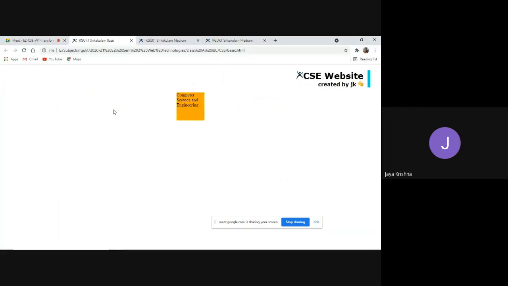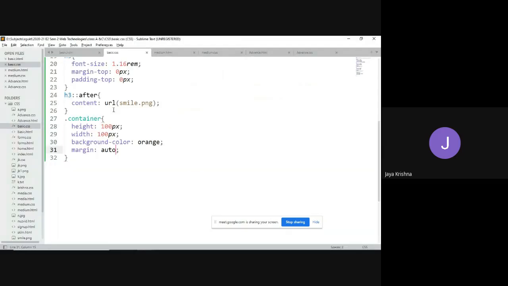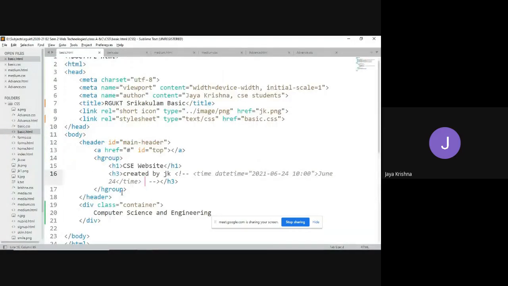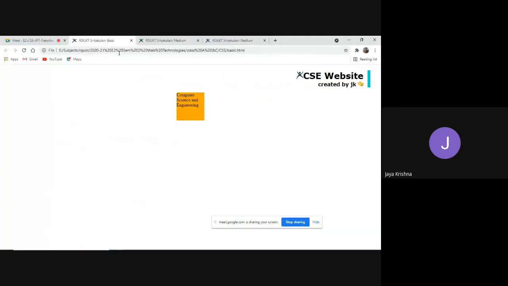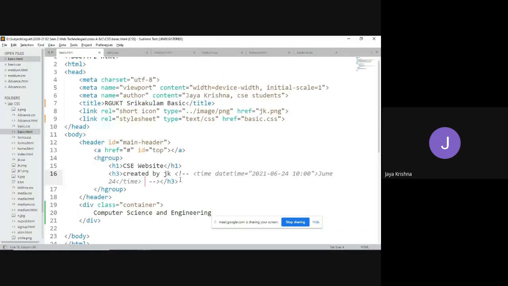Now for this container, this is the actual position. I need to move this element to a particular position, whether that movement is on the x-axis or on the y-axis or both. You can observe, guys.